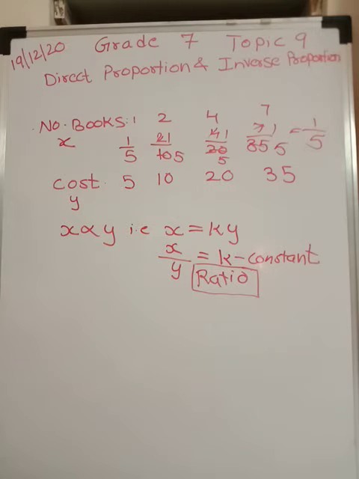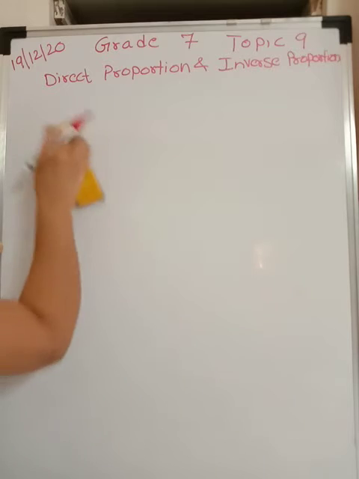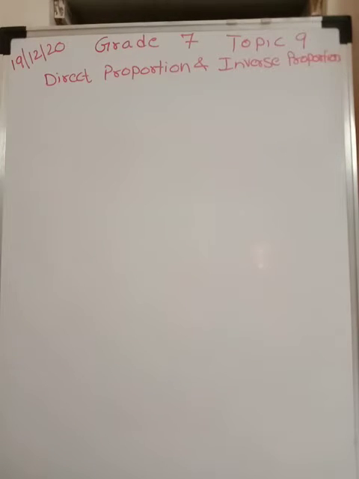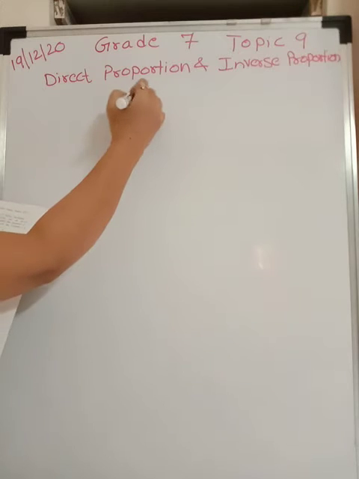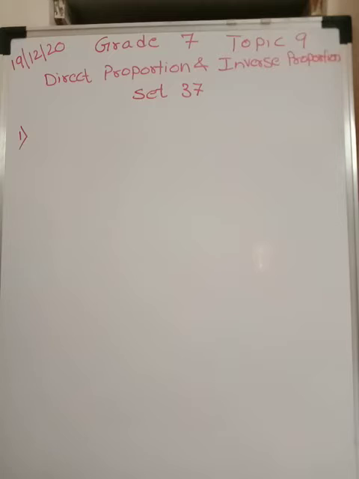Now depending upon this, let us solve a few problems. We'll start with exercise 37. If 7 kgs of onions cost rupees 140, how much must we pay for 12 kg of onions? Very easy, students. When problems like this come, first you have to identify whether it is direct or inverse proportion. We have not learnt inverse yet, but you have understood what is direct.